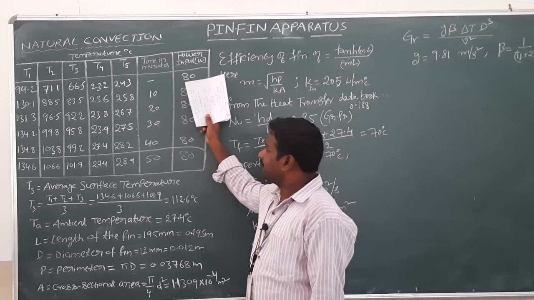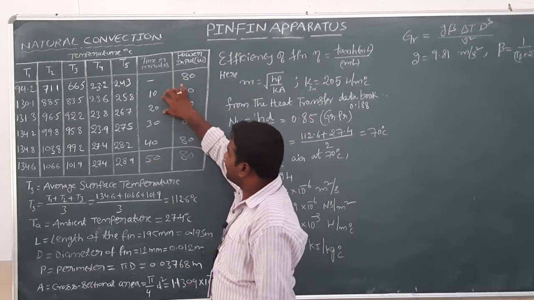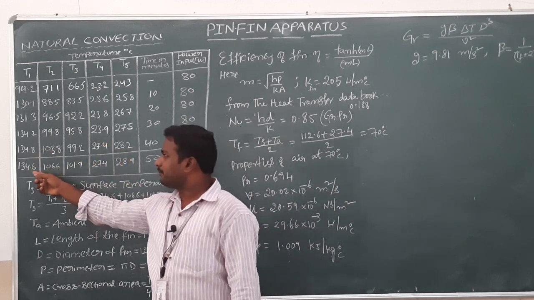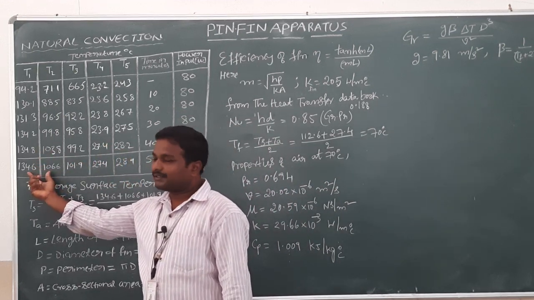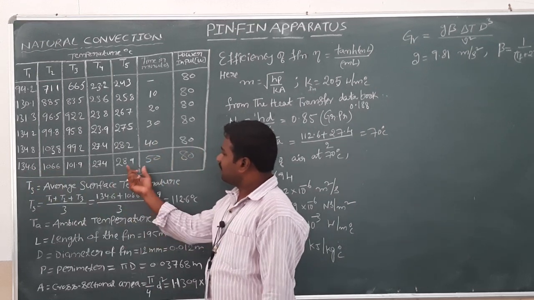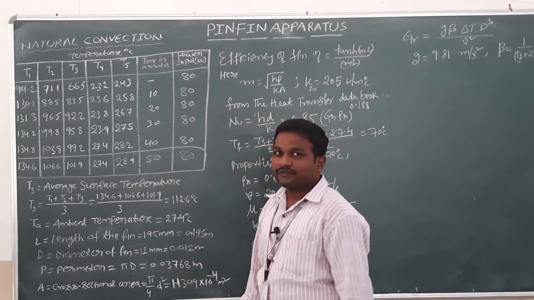These are the values recorded during the time of the experimentation. The values are recorded at each interval of 10 minutes. Observe the last two readings here. The variation is very low compared to the earlier readings, so we consider that these are the steady state readings. After reaching the steady state condition, we consider these values and calculate the efficiency of the fin